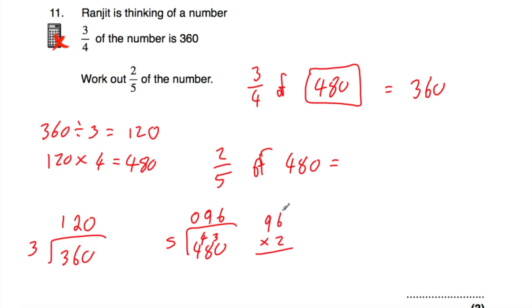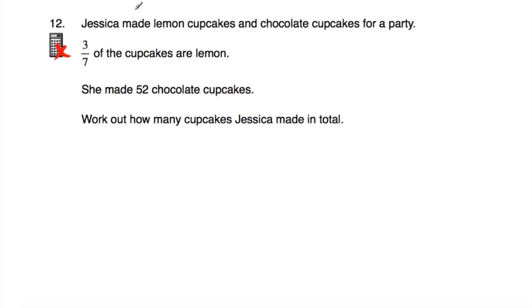and then if we do 96 times the top, so 96 times 2, let's see what we get. 2 times 6 is 12, so put a 2 down, carry a 1. And 2 times 9 is equal to 18, plus 1 is 19. So the answer would be 192. So that means 2/5 of Ranjit's number is 192. And that's it. Okay, so question number 12, we're told that Jessica's making lemon cupcakes and chocolate cupcakes for a